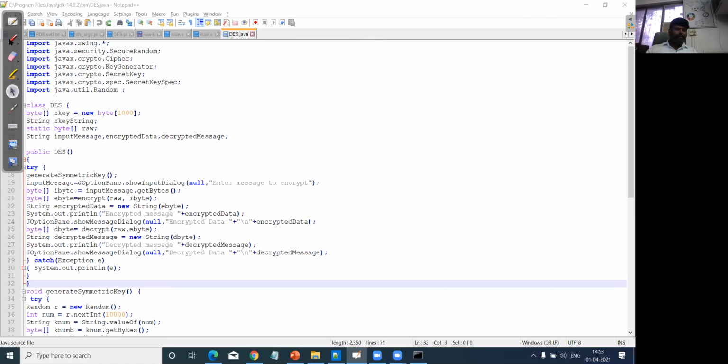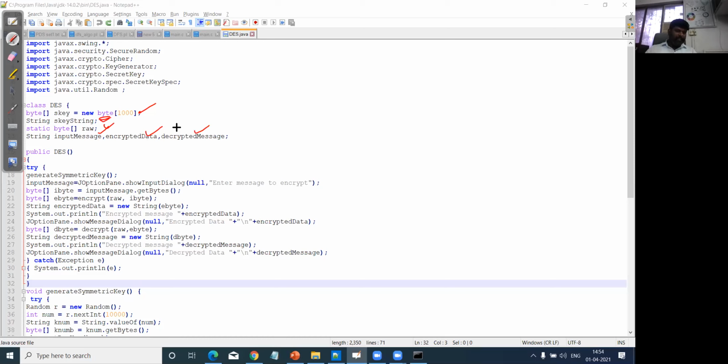And followed by the class. Here this is my name of the class. Inside, I am declaring the values: byte and sKey, which is a symmetric key. I'm creating an object with new, and declaring the variables sKey string, and the values: input message, encrypted data, and then decrypted message.